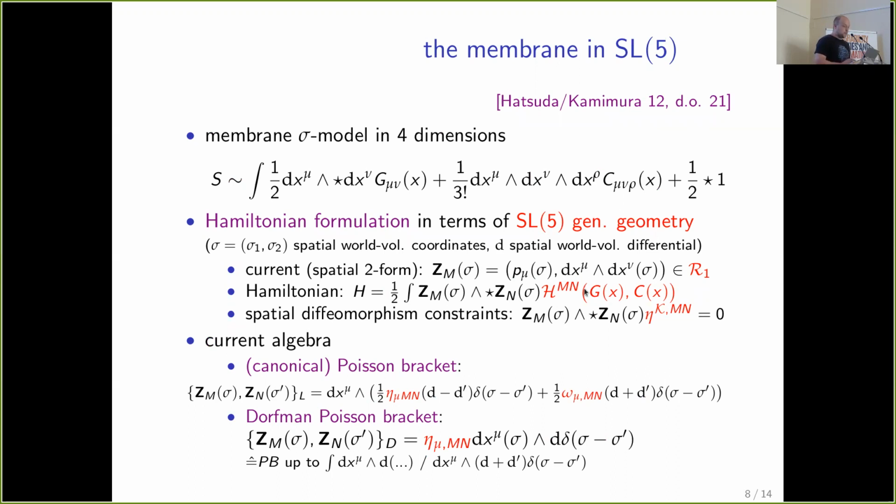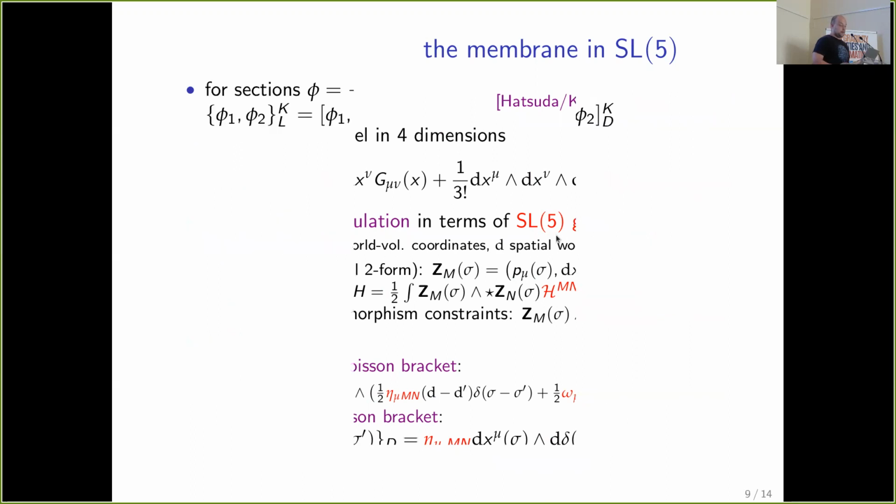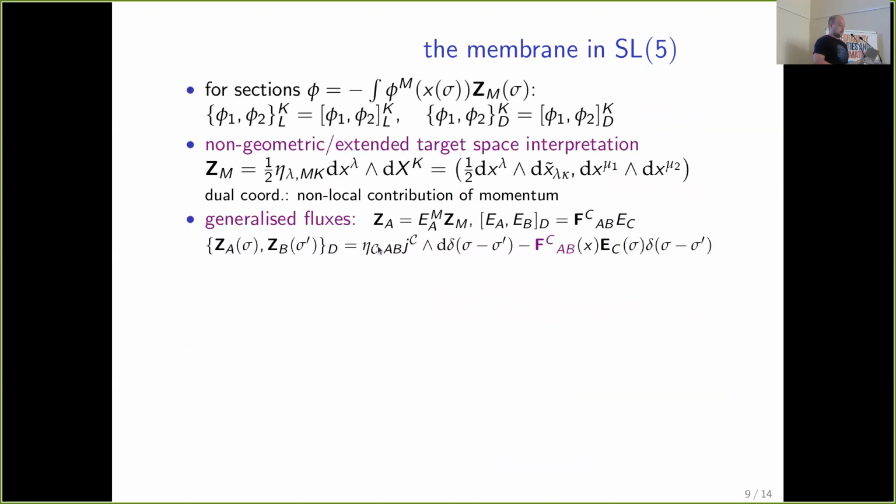And if we want to go to the non-geometric interpretation, we go to a generalized flux frame, and then we get an expression for these currents which looks like that. And also in M-theory there's a duality chain, and you get some backgrounds where you need to do U-dualities along, if you go around a cycle,